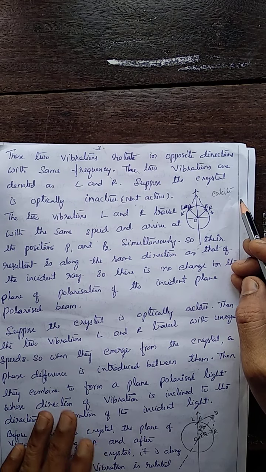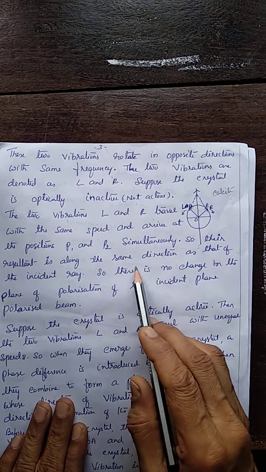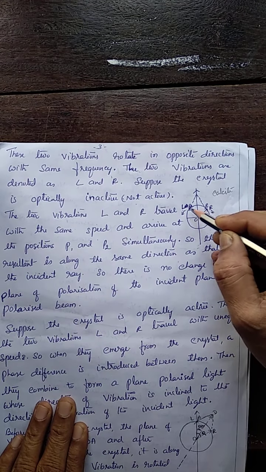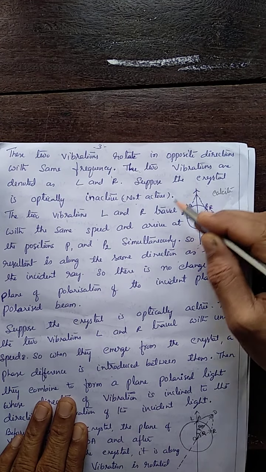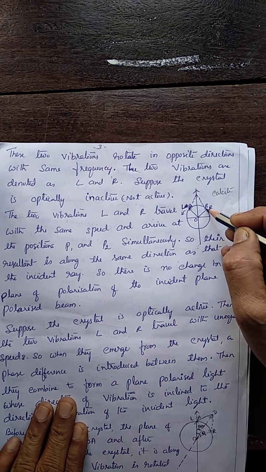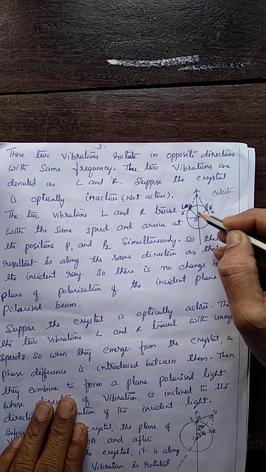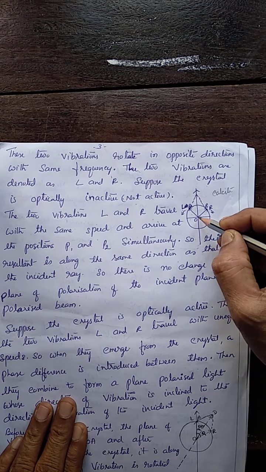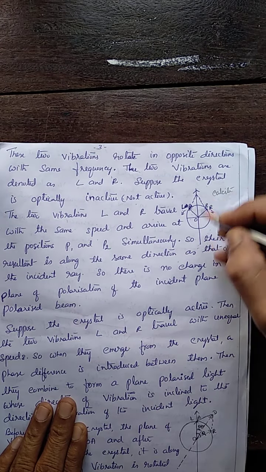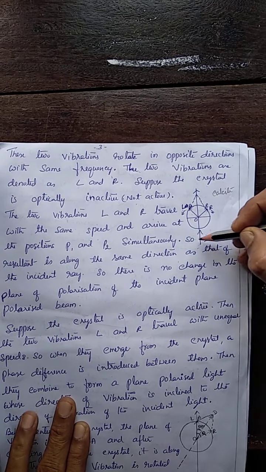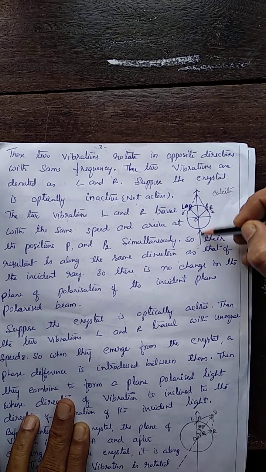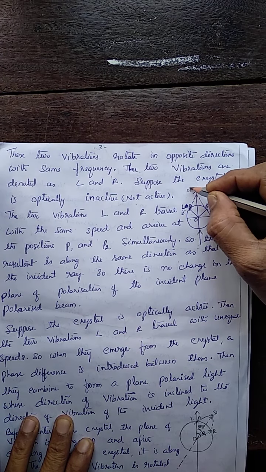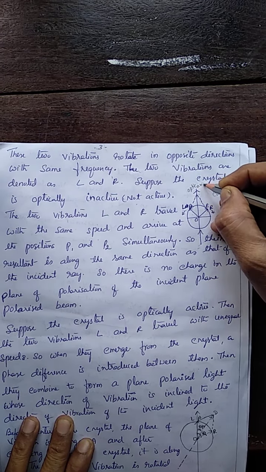What's the path difference? Zero. So their resultant is along the same direction as that of the incident ray. They reach the points P1 and P2 in the same time, so if you take these two as the sides of a parallelogram and complete the parallelogram, you get the resultant of that parallelogram along the same direction as the incident direction. This is the direction of incidence of the plane polarized beam, and it is along the optic axis.